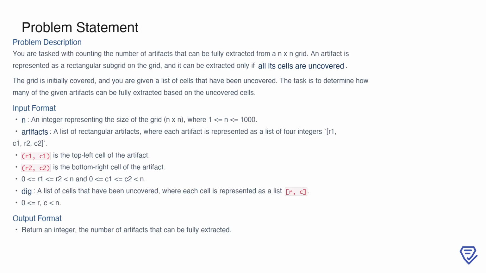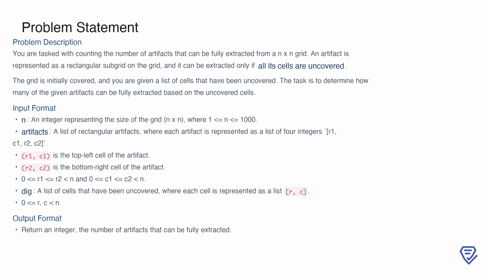Let's dive right in. In this problem, the goal is to determine how many artifacts on an NxN grid can be fully extracted. An artifact is defined as a rectangular subgrid, and it can only be extracted if every cell within that rectangle has been uncovered. Initially, the entire grid is covered, and you're provided with a list of cells that have been uncovered. Using this information, you need to check which artifacts can be fully uncovered and return the total count of such